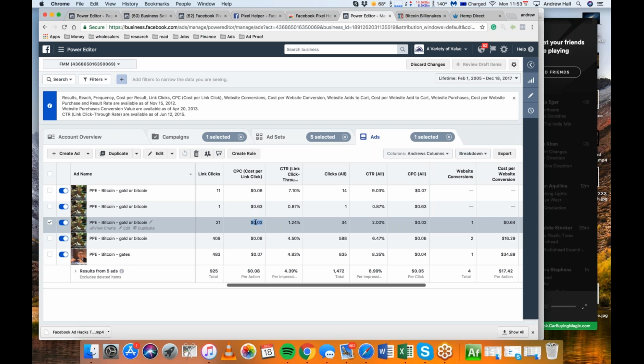Once you run the traffic to your opt-in page, to your product, whatever it is, then you need to figure out how to convert that traffic either by a more targeted audience or by making your website better. But if you're getting cheap traffic, I don't care what anything else has.